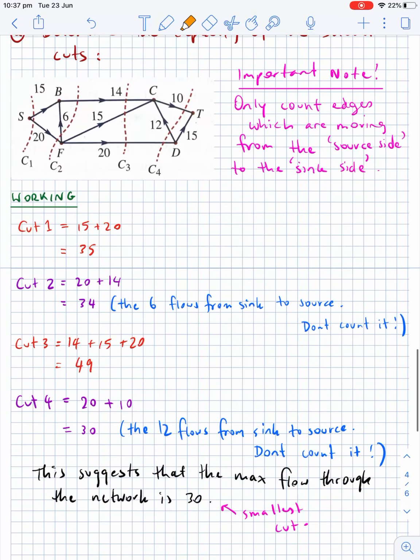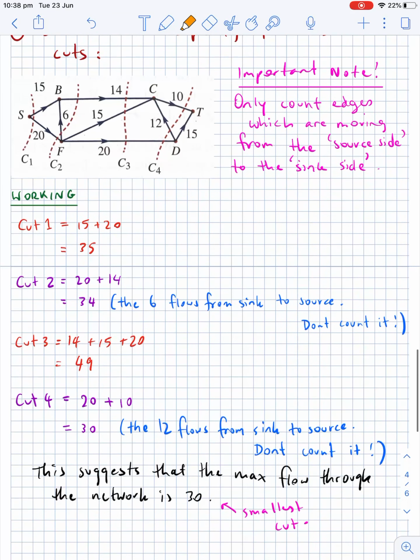Okay, so cut 1, let's have a look at this dotted line here. So this line here passes through a 15 and a 20, so that's going to be a total of 35. Cut 2, so cut 2, if we look at that, guys, it passes through this line, and this line, so 3 lines